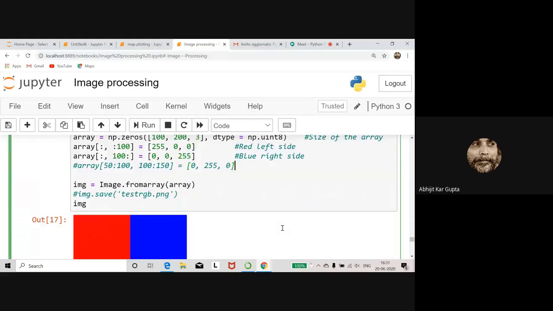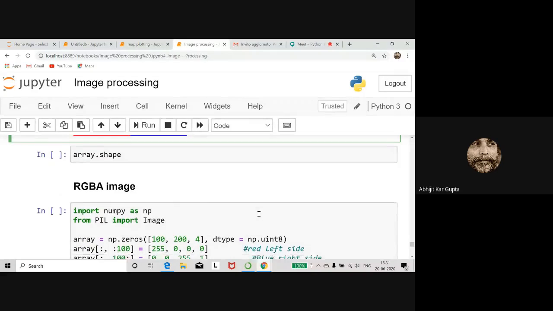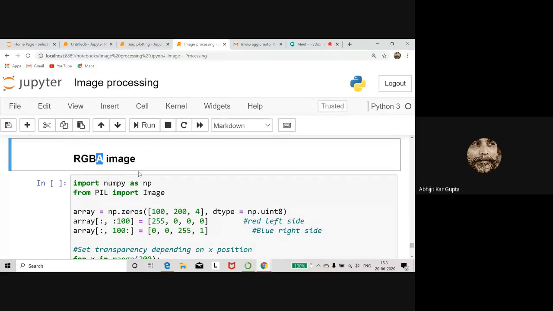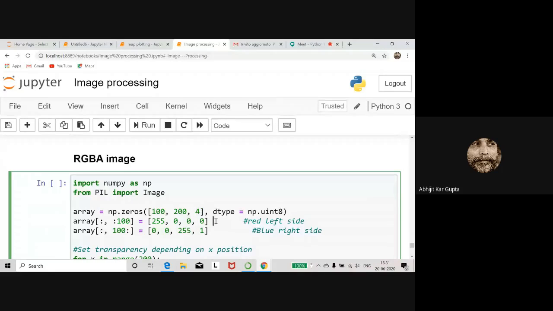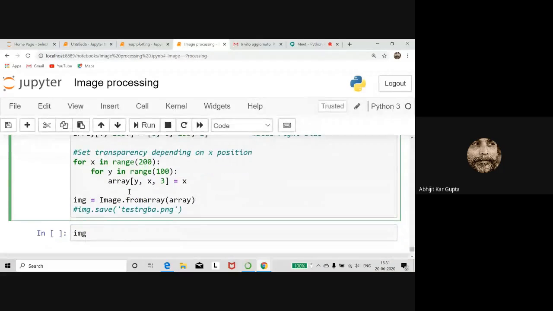I will not go into very much detail, the only thing I will say, in just 1-2 minutes, is RGB image. I told you, red, green, blue, and A for manipulating the opaqueness or the transparency. So these images will be something by something, and here it will be 4 instead of 3. Okay, and you create this red left side, blue right side, and now on the pixels you vary with different things.